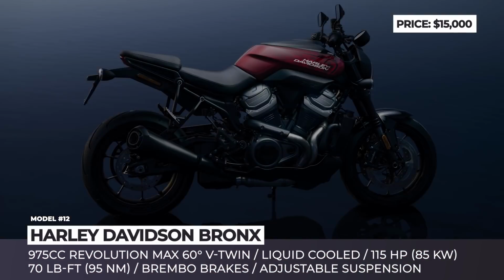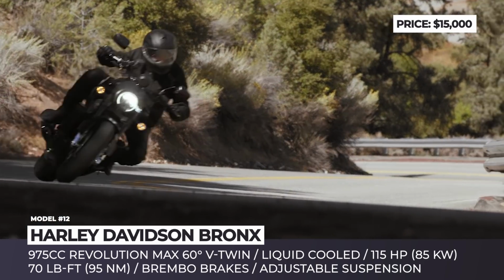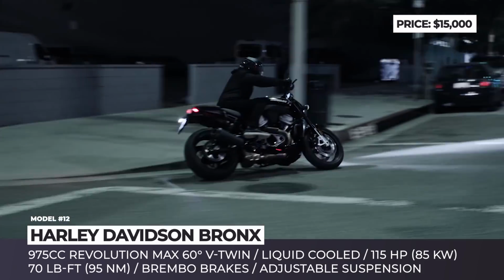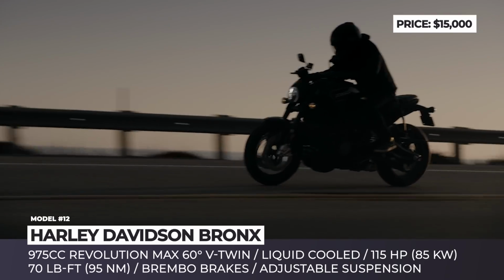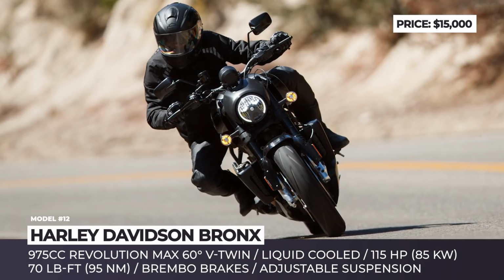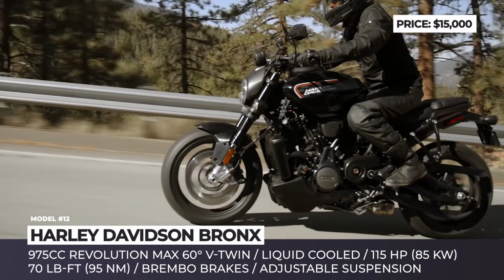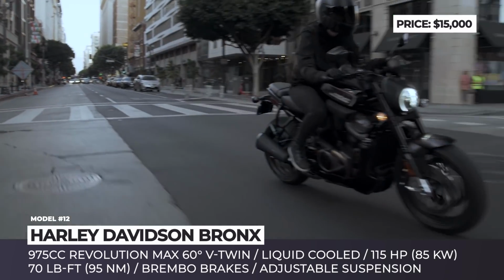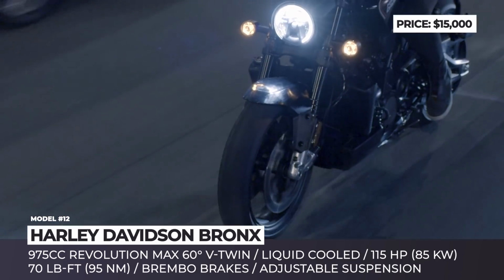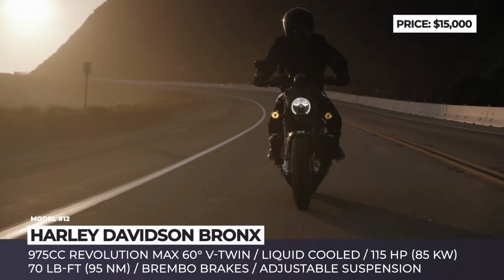Harley-Davidson Bronx. This unexpected bike was the last-minute addition to the lineup since it has just been unveiled at the 2019 Milan Motorcycle Show. Based on the 2018 Streetfighter 975 concept, the Harley-Davidson Bronx is a middleweight naked from the Milwaukee brand, powered by a 975cc version of the liquid-cooled Revolution Max 60-degree V-twin mill. This Harley finally delivers a plentiful number of horses and keeps the torque high. In fact, the 115 HP output matches that of the Yamaha MT-09,